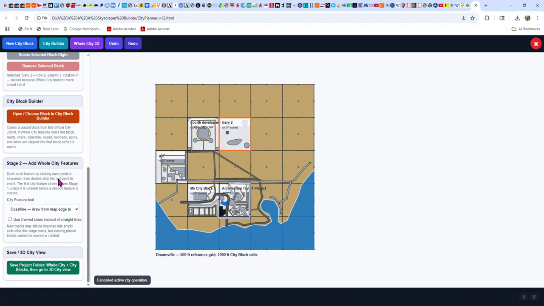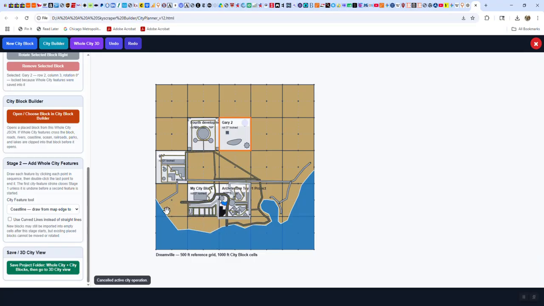Now, what we can do in this one is add features. If you draw a coastline, the way I created this is I did dot to dot to dot, clicked over here on the end, and it automatically figures out which side is the water and which side is the buildings.